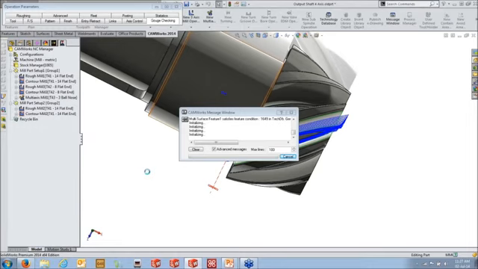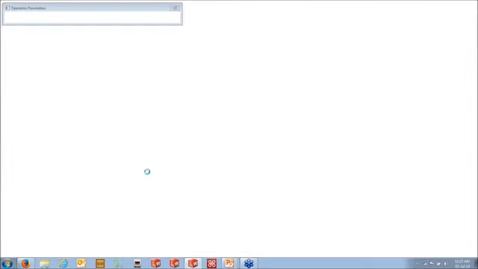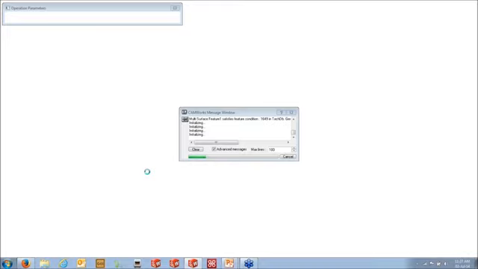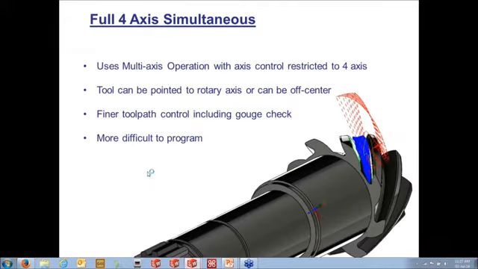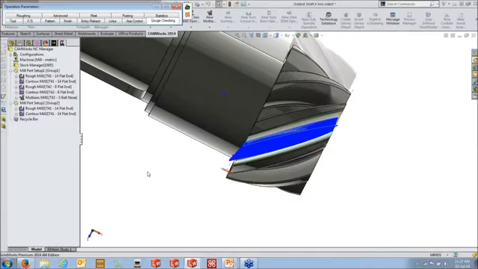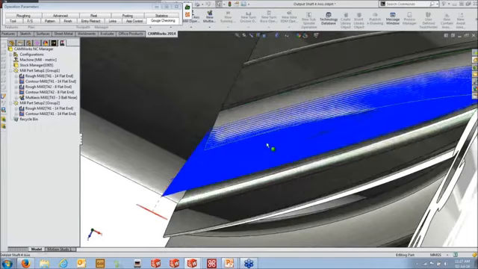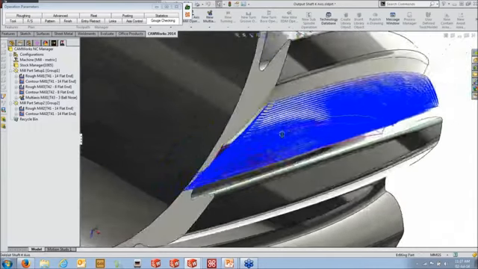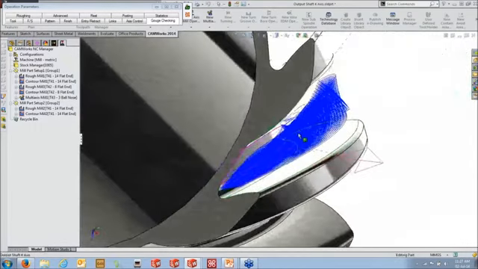My lead lag is going to be along the actual tooth profile here. And we'll see what we get there just by using that area roughing. It should actually go in now and clean that geometry out in between there. It's just going to generate my toolpath, and it should pop up once we've got it in here. So it goes in and actually cleans that material out between the blade,